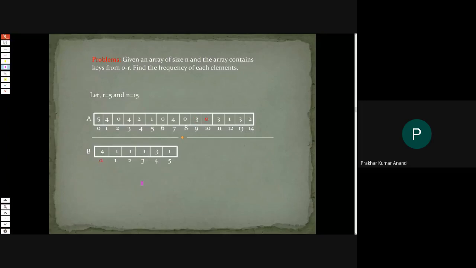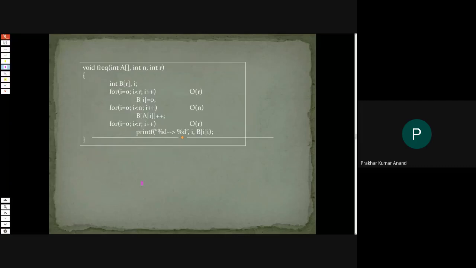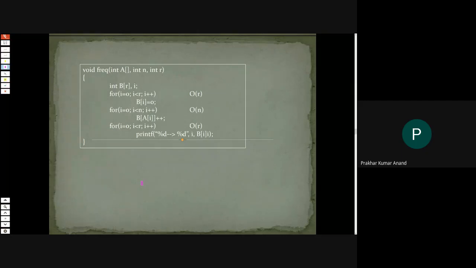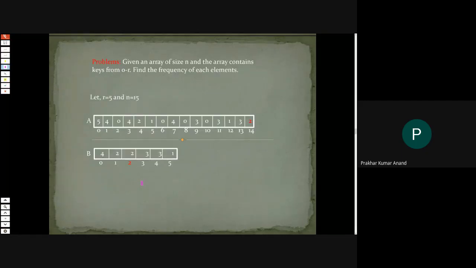Sir, suppose the number stored in the array A is negative, so we can't make another array because its index can't be negative. And also, if except from 0 to 5 there is a very large number, suppose 1 billion, it will be a very large array, so we can't